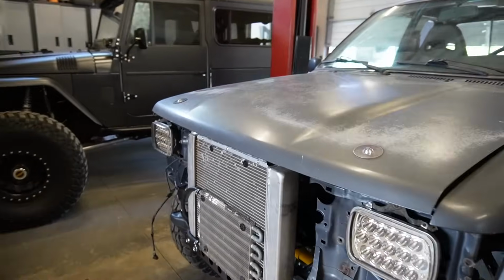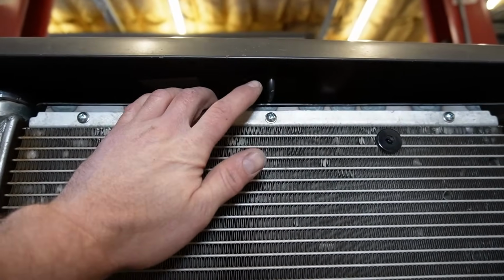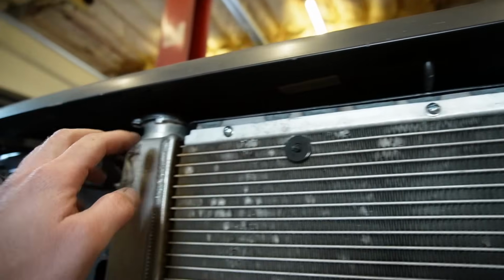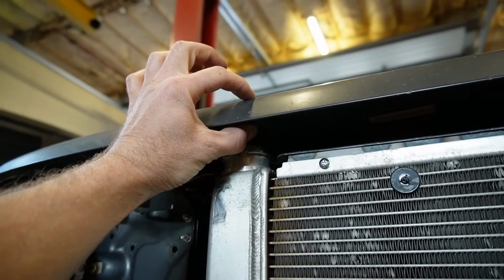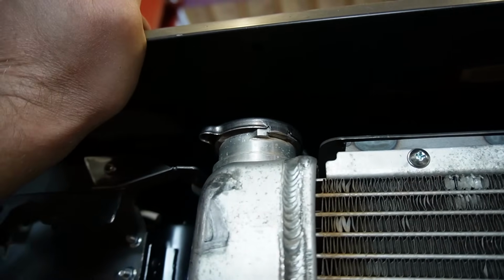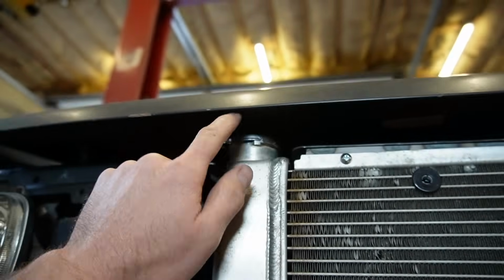All right, hood is on, and you can see it doesn't close all the way. The thing that's hitting right now is the hood latch, little strap right there. That's gonna be next. After that, I think the radiator cap's probably gonna hit. Luckily, you can see we have about 1 inch of space right here from the inner brace or inner structure of that hood. So we should just be able to notch this out for the cap,